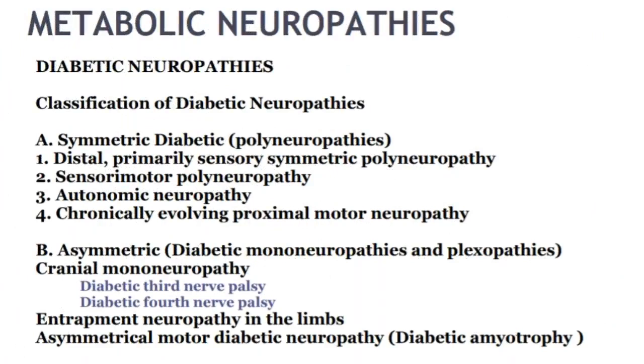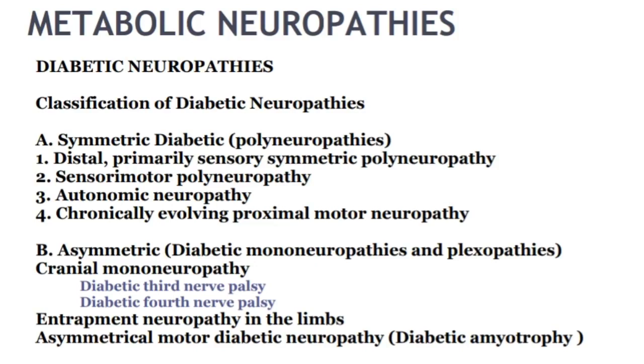Now, diabetic neuropathies. Diabetes is the most common cause of neuropathy, with approximately 50% having some degree of neuropathy. This includes type 1 insulin-dependent or juvenile diabetes and type 2 adult onset diabetes. However, only 2% of people with diabetes have symptoms of neuropathy, with the others often unaware that they have it unless it is identified during examination. Classification: